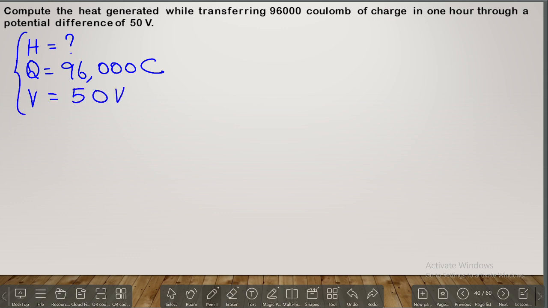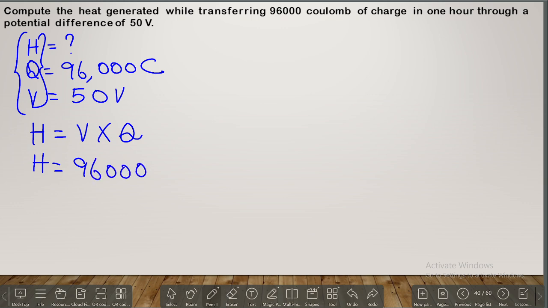Based upon these data, what is the formula? H is equal to V into Q. H is equal to 50 into 96,000. If you multiply these two numbers, we will get H is equal to 4,800,000,